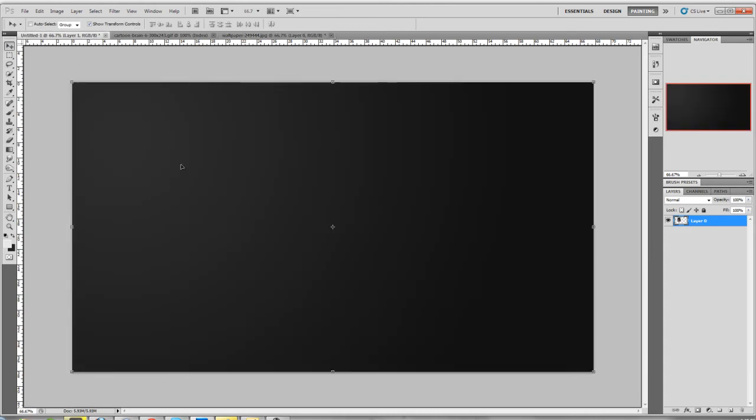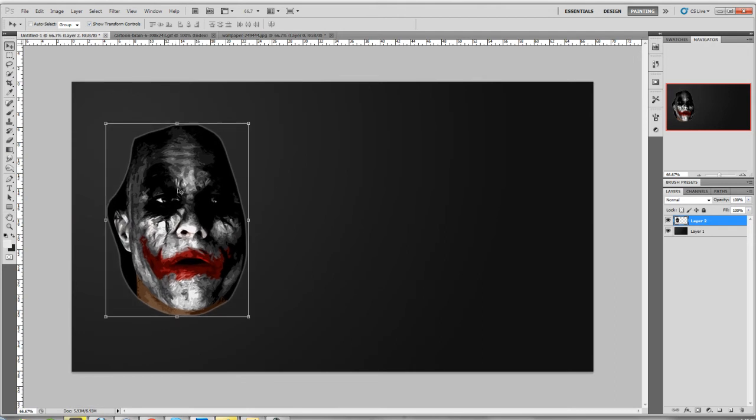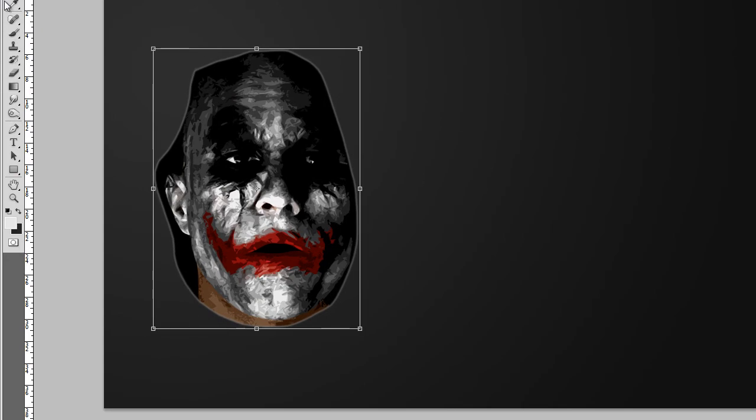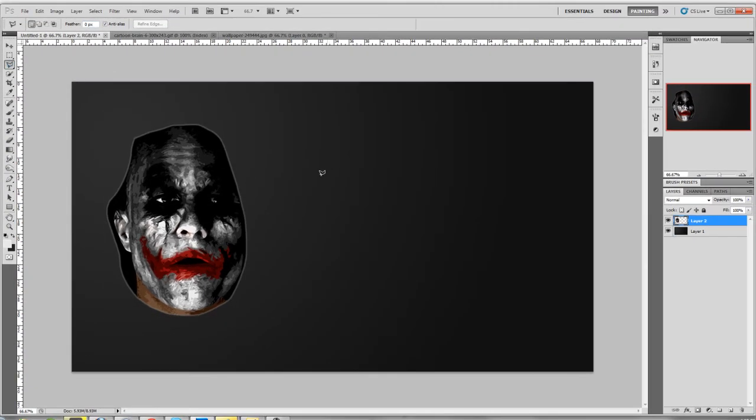And we can just drag that over to our document. Now you can see it put a white line around it, that's fine. And so that's pretty much that. The lasso tool is great for making selections of a whole bunch of different stuff like flames and all that stuff. The polygonal lasso tool,